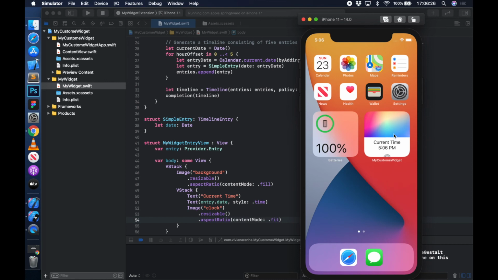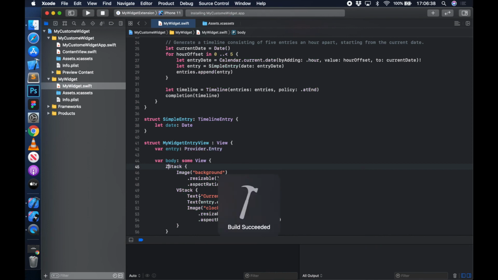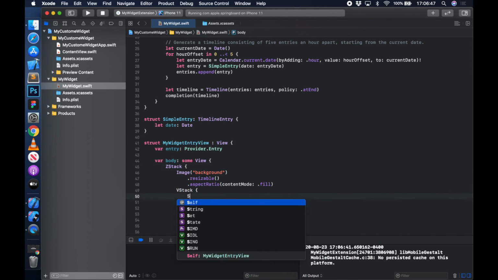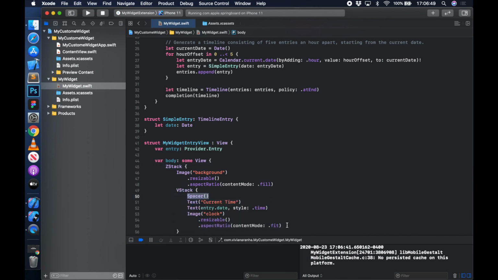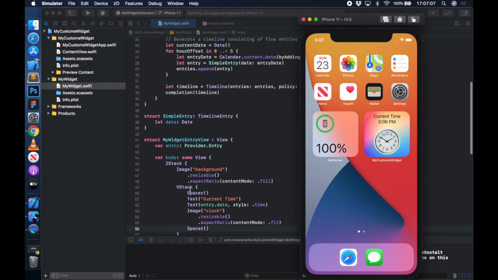Now if you look at it, it's pushing everything below here and displaying it, even though I said VStack instead of ZStack. I want the image in the background and the VStack on top of it. And there you go. So I have these options. If I want to give some space, of course you probably know about spacers. You can give spacers, so I have some padding around it, or you can also give padding to it, so it's aligned properly. And now I have my widget available with some space up and down, and my current time, 5:06. So this is how you can create your custom widgets and give your own view.